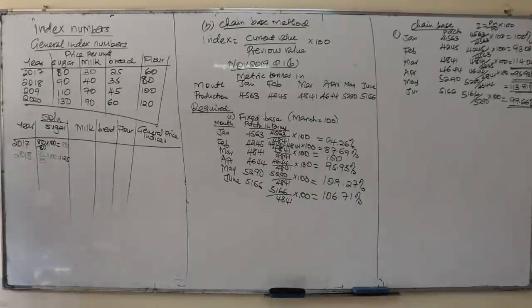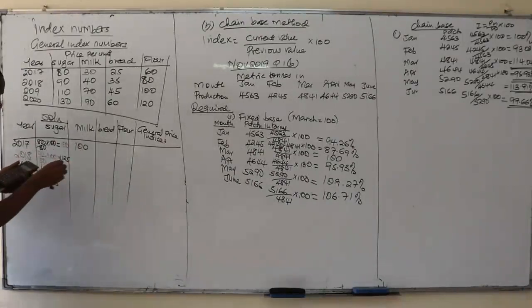The other one will be 110 over 80 multiplied by 100. I'm taking in this case 2019. This one will be 137.5. The other one is 130 divided by 80 multiplied by 100. That is 162.5, and that is year 2020. The same case you do with this, that is 30. This one will be 100. 40 over 30, you divide 40 by 30,